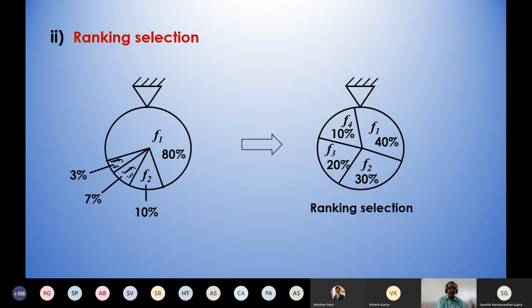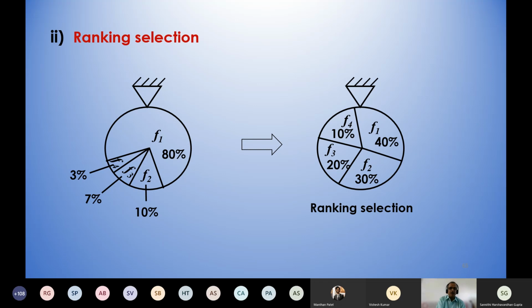But if I do this proportionate selection or the roulette wheel based selection, there is a problem of premature convergence, because for the first string, the probability of being selected is 0.8. So in the mating pool, how many copies will be there of this particular first string?